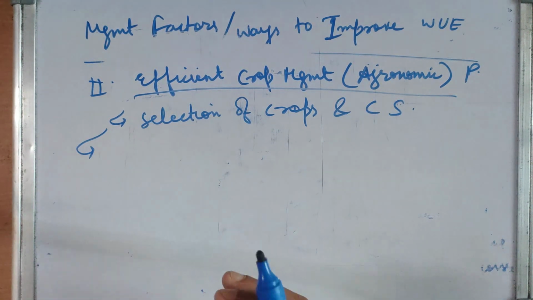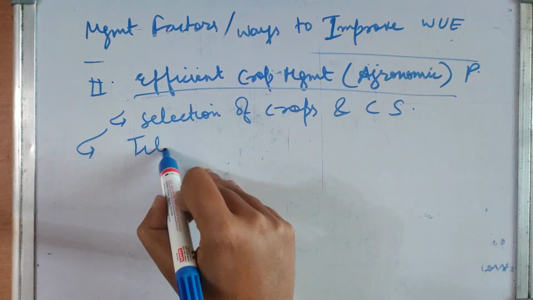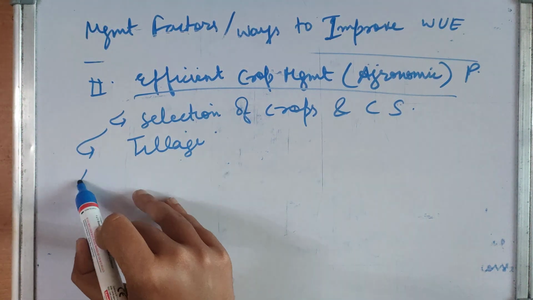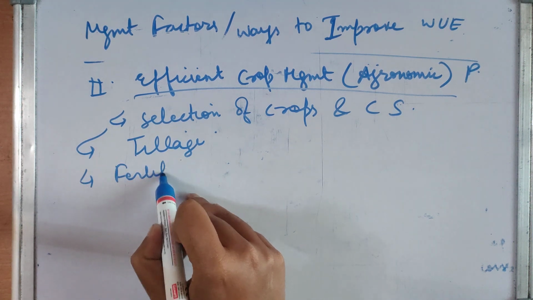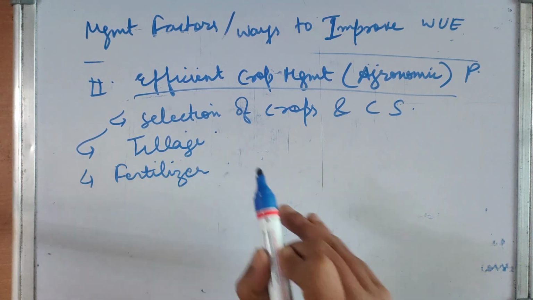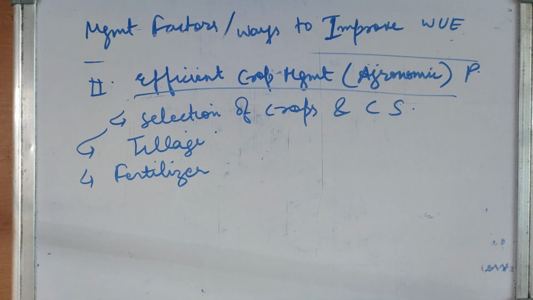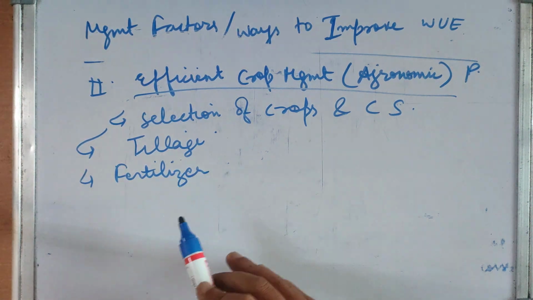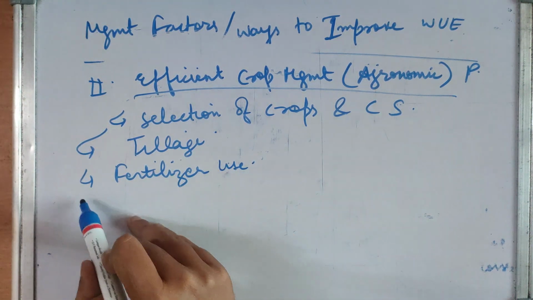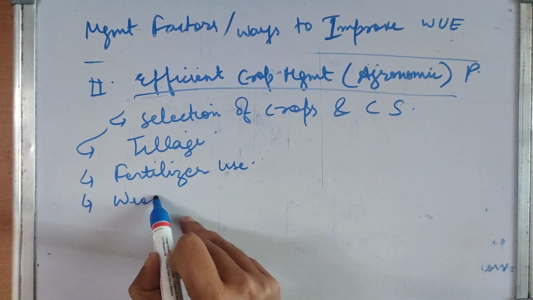A good cropping system will enhance water use efficiency, as will proper tillage and proper fertilizer use. As we have read in factors, good agronomic practices always enhance water use efficiency. The proper fertilizer use will enhance it, proper weed management,